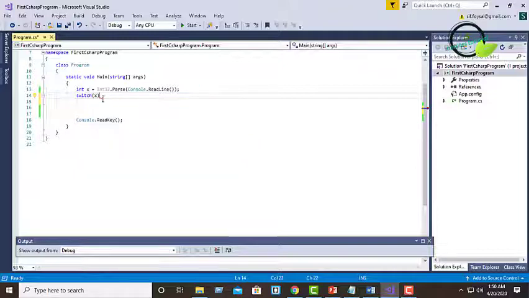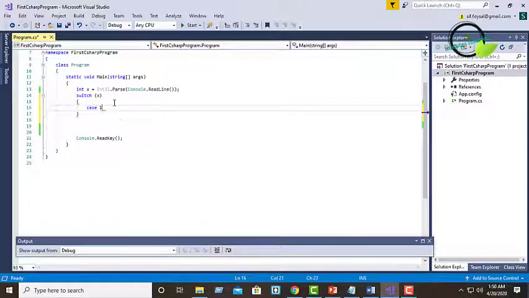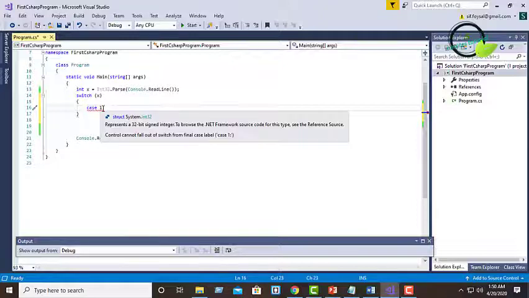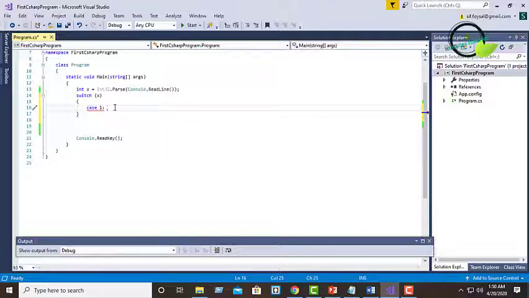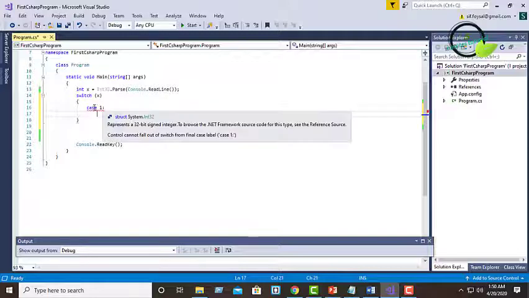So I am passing x as a parameter of the switch. Then it will check the parameter with the case, and if it is true, then it will execute the case statement.